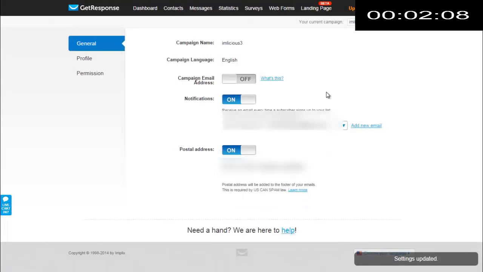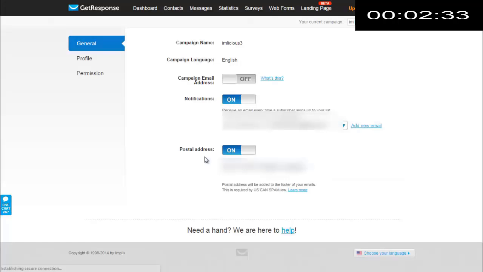And for the notifications, you can choose to send them to your email address as well. If you want to add a new email, you can do so as well. Initially, it may be a wise idea for you to send notifications whenever someone subscribes to your list. But of course, when your list is very big, you may want to turn it off, otherwise you'll receive a lot of emails in your email account and you'll need to spend a lot of time to clear those emails, okay? So initially you can leave it as on, but once the email list becomes very big, you may want to